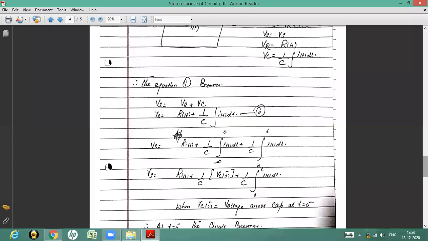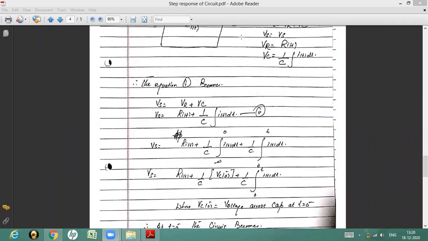Now, the initial limit is minus infinity to 0, and in that case we have to calculate what the voltage across the capacitor is at t equal to 0 minus. So the initial condition is what will happen before the switching, at t equal to 0 minus, and 0 to t is the final condition. Similarly, Vs is equal to R i(t) plus 1 upon C, we have Vc(0-) plus 1 upon C integral 0 to t i dt, where Vc(0-) is